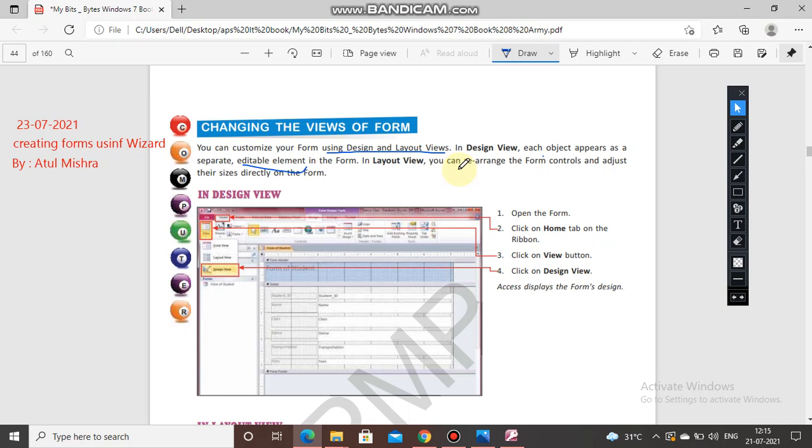Now, I know that data sheet view and design view are the two views within which we can view our table. I know that a relational database contains multiple related tables. These tables are related to each other. I know that a form is a view of one or more tables that are designed to be used for data entry. So these all we are agreed with. Now coming to the exercise.